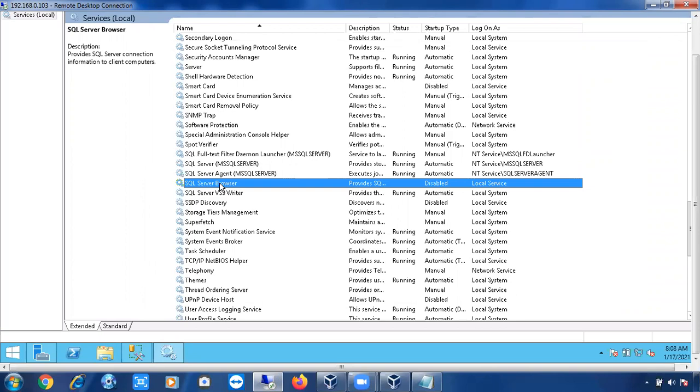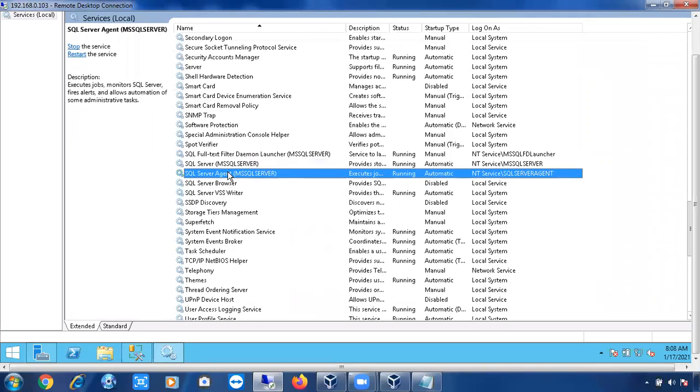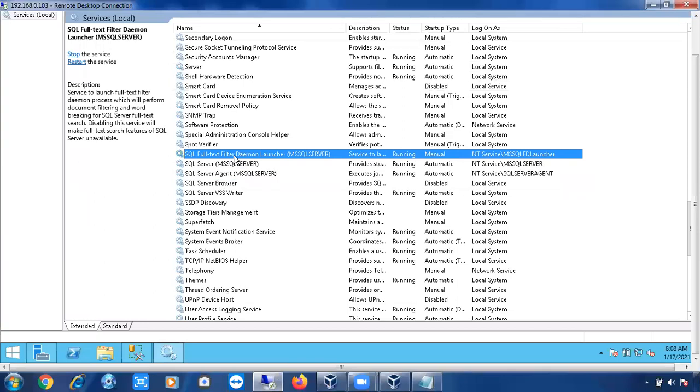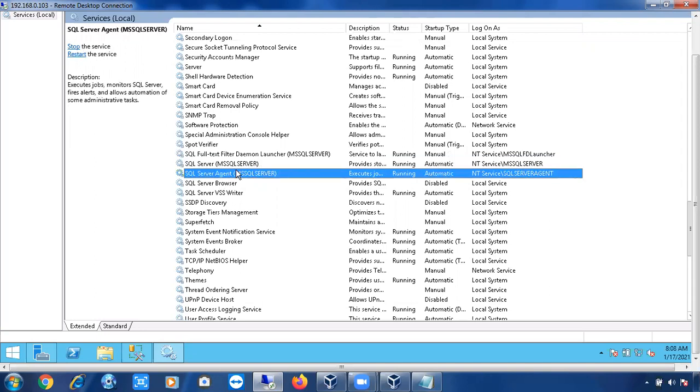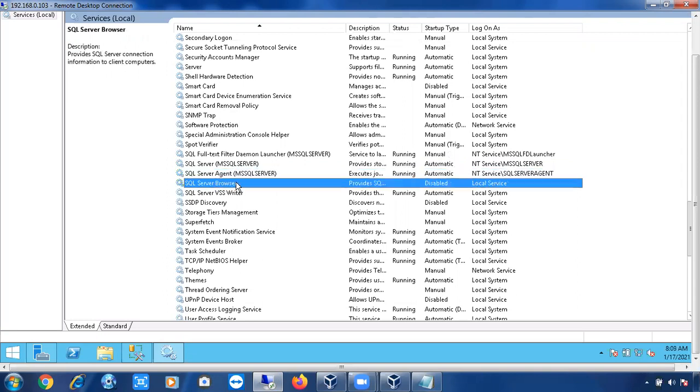If you have multiple instances, the name will be there in the brackets, and that means these are the specific services. If you don't see the name, these are the shared services.